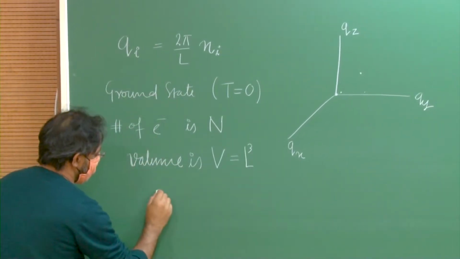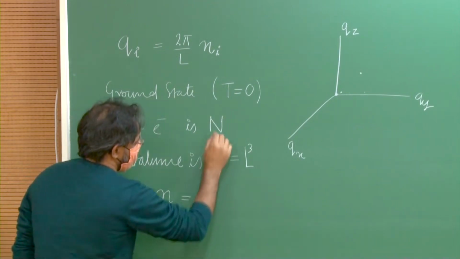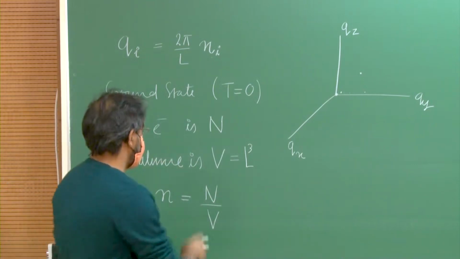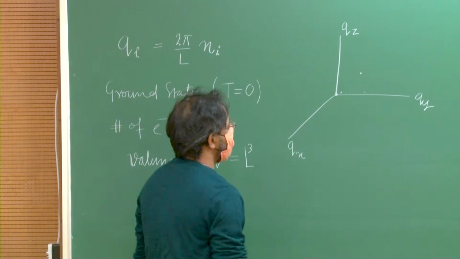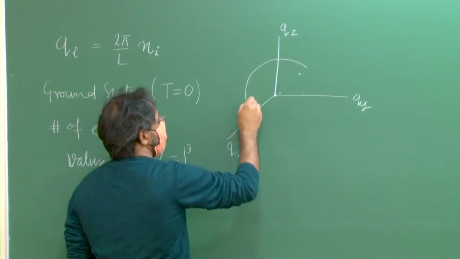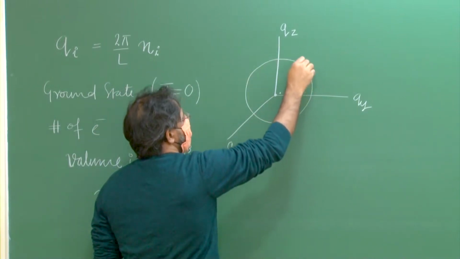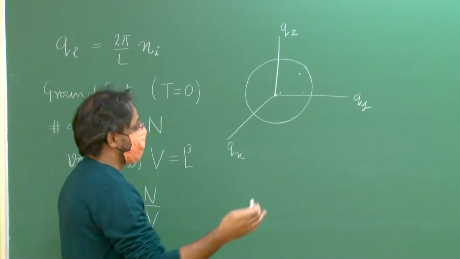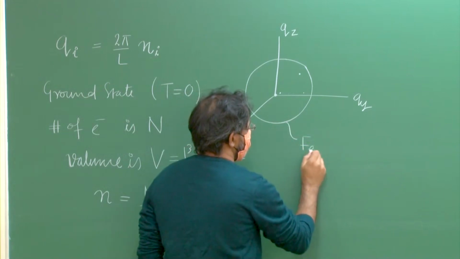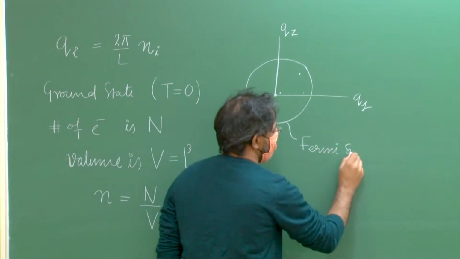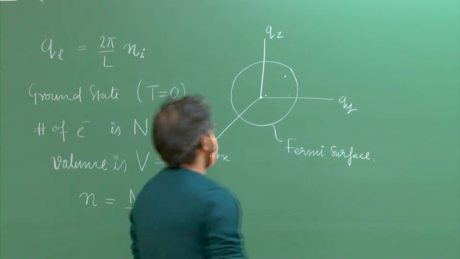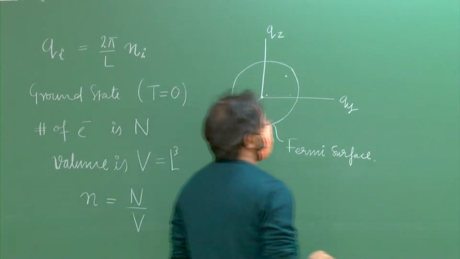Then the number density n is nothing but N over V. And when you start filling in these electrons in these states, then at t equal to 0, you get a very sharp boundary region inside of which all the quantum states are fully occupied and outside they are empty. This is known as the Fermi sphere or Fermi surface, which happens to be a sphere in the case of free electrons. And the Fermi surface has a certain radius, which is q sub F,